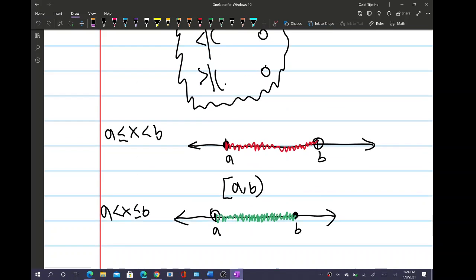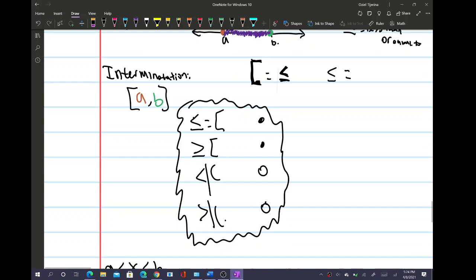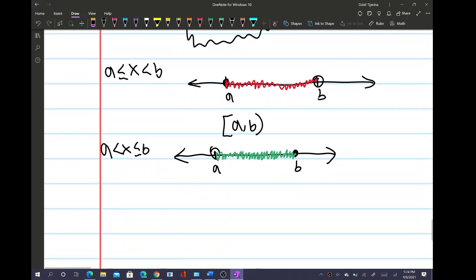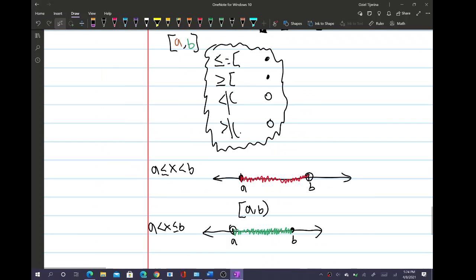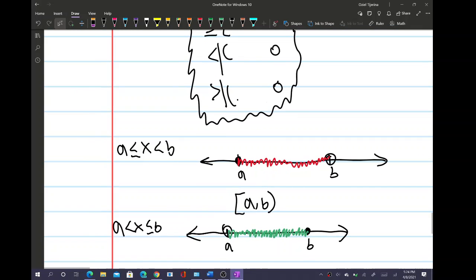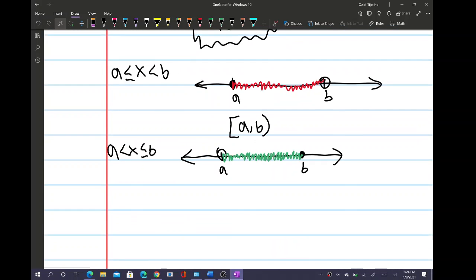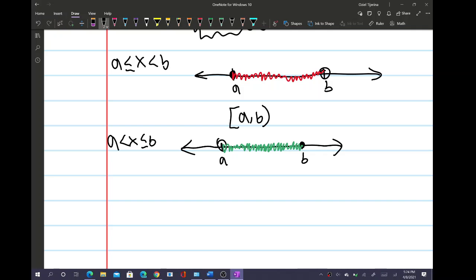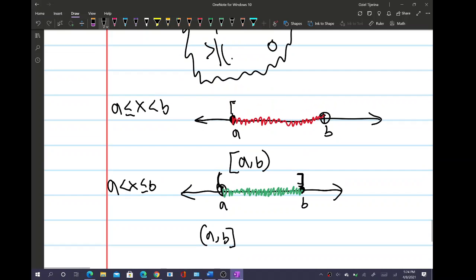Let's see, what other one? Which one am I missing? Oh, and in interval notation, this would be from parentheses a comma b bracket, because you have a closed circle here and an open circle here, so it's like this. This one is bracket,